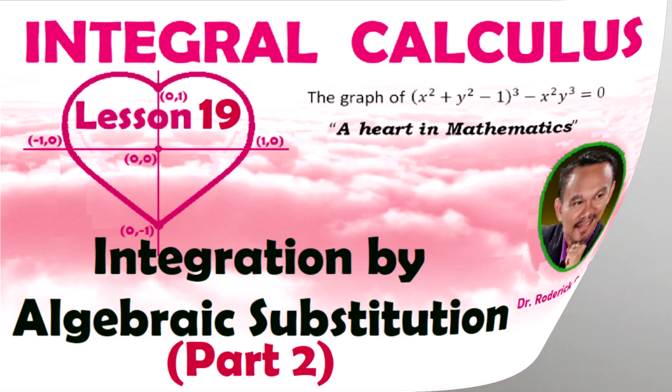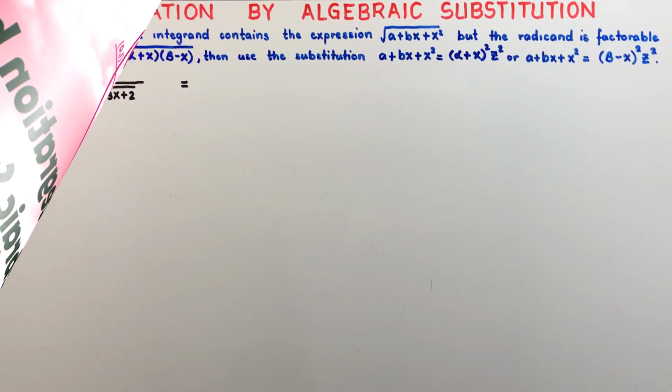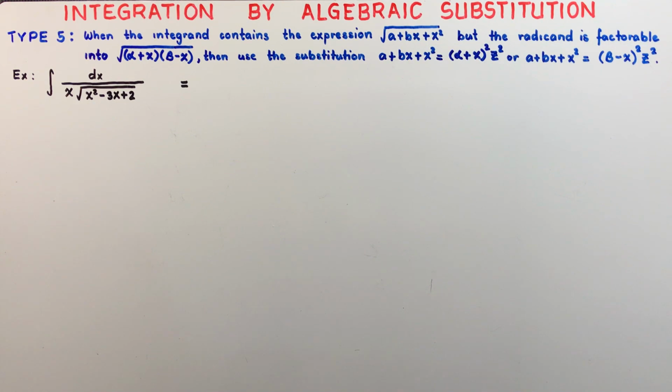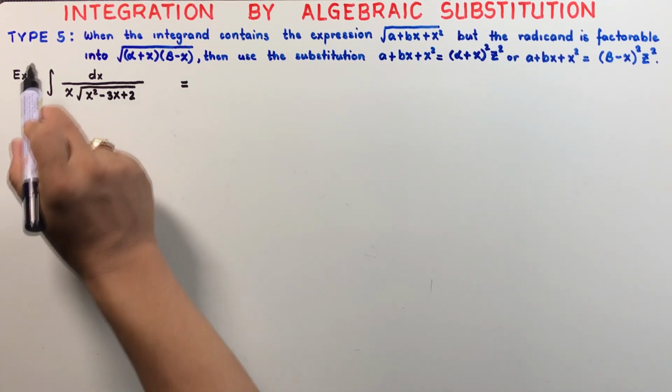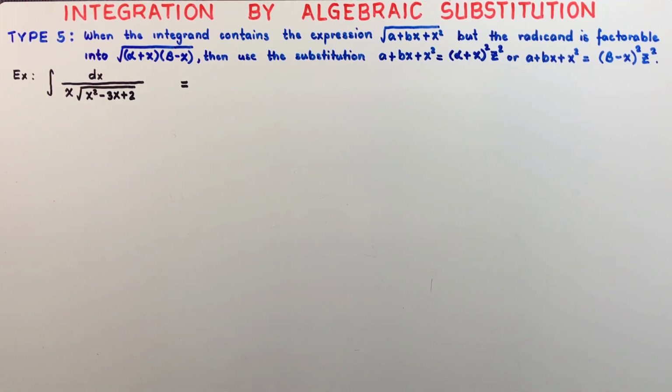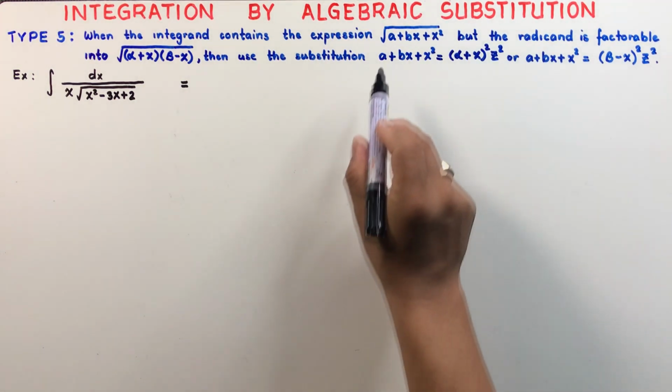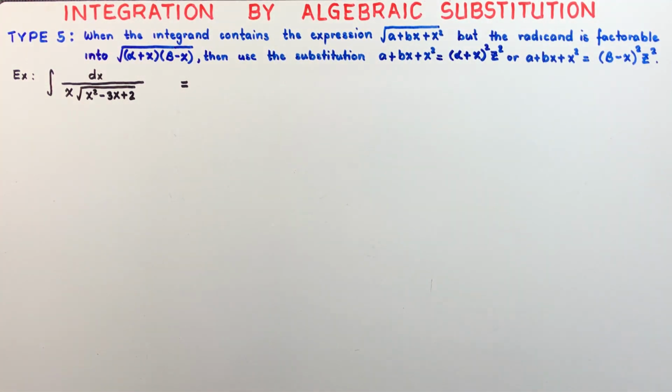In this video, we continue the discussion we had in the previous video about integration by algebraic substitution. So here, we will be discussing the last three types of integration by algebraic substitution. So type 5, when the integrand contains the expression of the square root of a plus bx plus x squared,